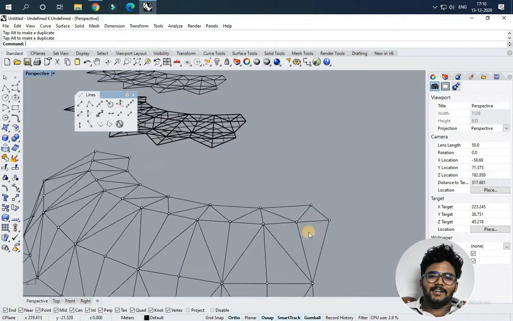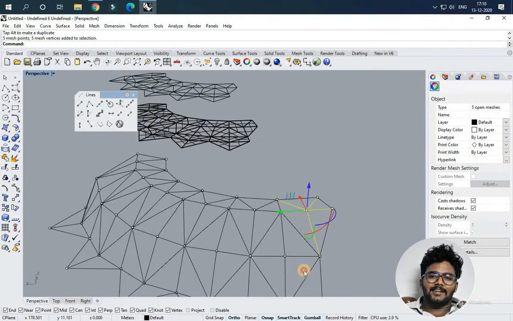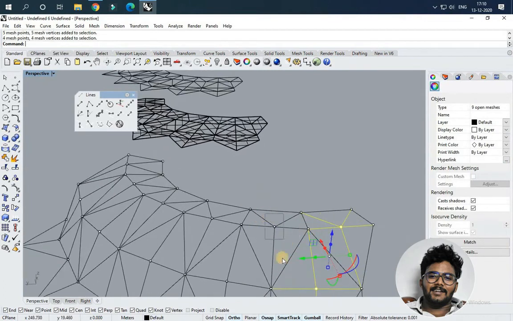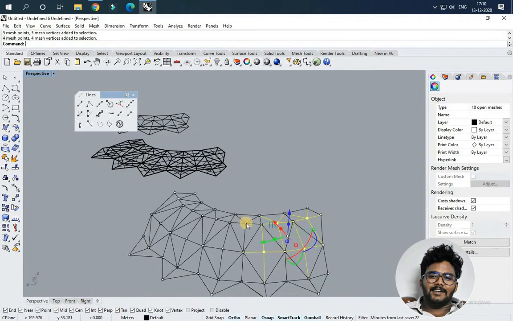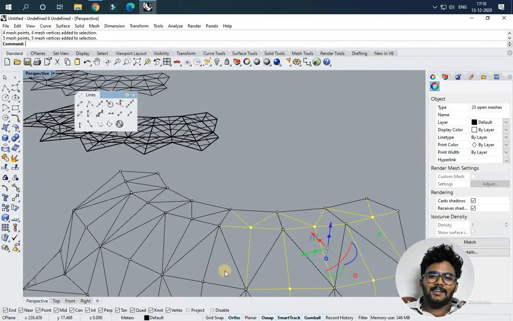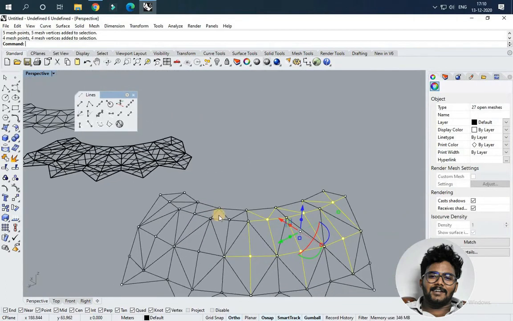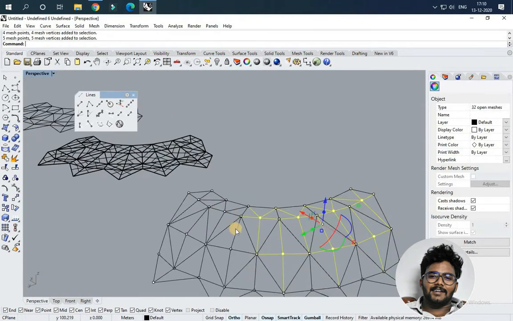So now I'm going to just select the center of the junctions. So I'm just selecting the center part. I'm just selecting the center.